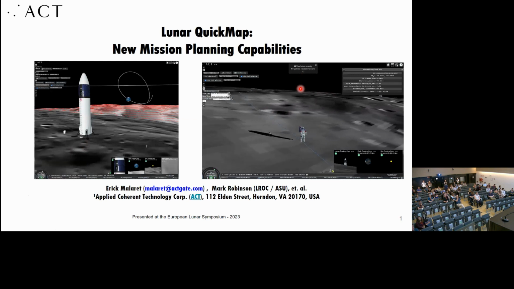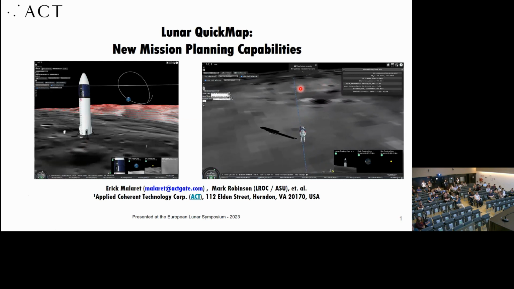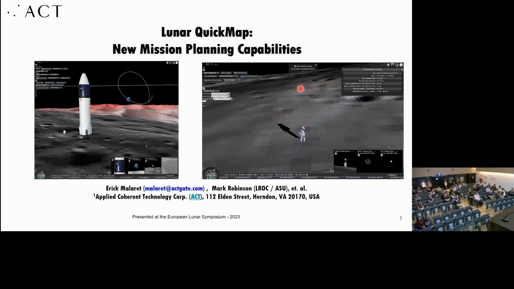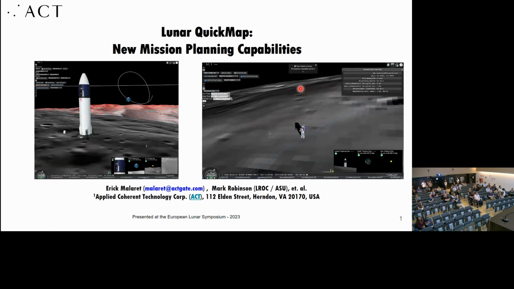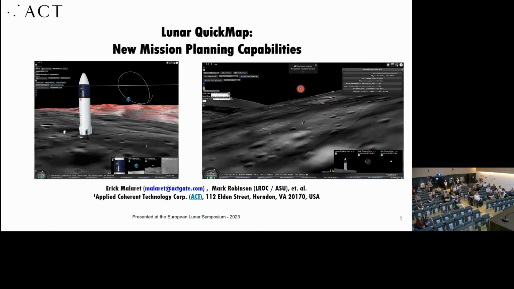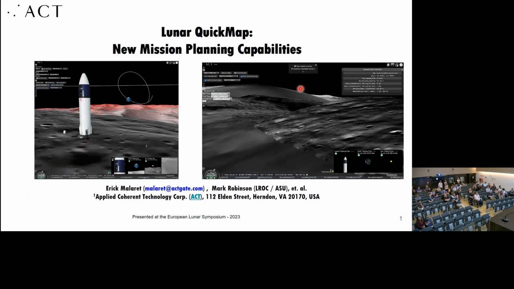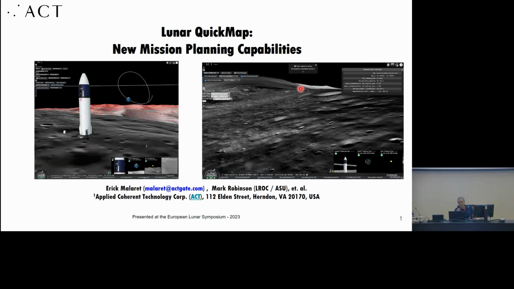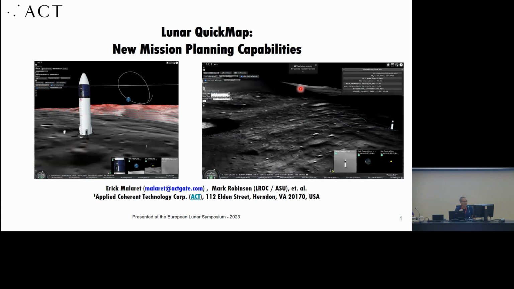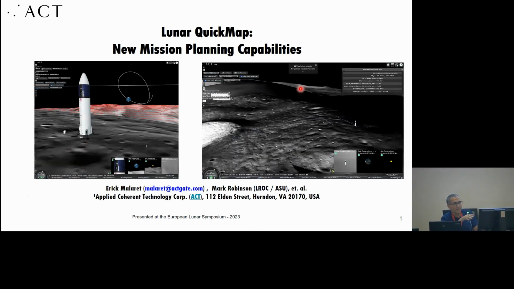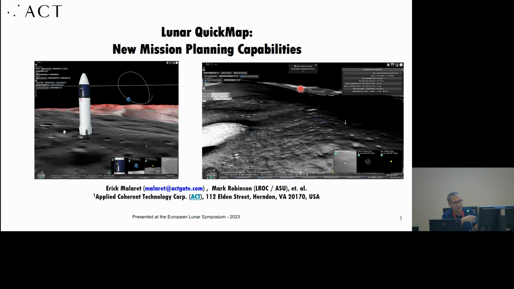Very happy to be here to show you some of the new developments in Lunar QUICKMAP related to mission planning capabilities. Very upfront, I'm showing you some of the high-level capabilities and results in QUICKMAP, in case I run out of time. On the left-hand side, you see a 3D simulation